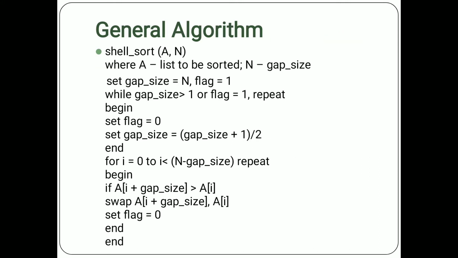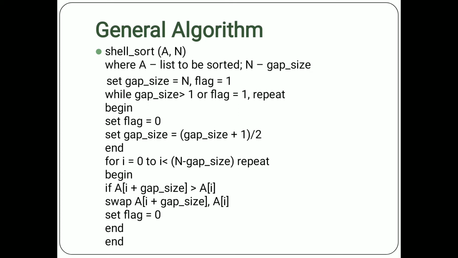So we have to see the general algorithm for the shell sort technique. In the given algorithm, we first set n, which is the gap for sorting the array A using the shell sort. In the next step, we divide the array into sub-arrays by using the gap. Then in the next step, we sort each of the sub-arrays so that at the end of the loop, we will get a sorted array.